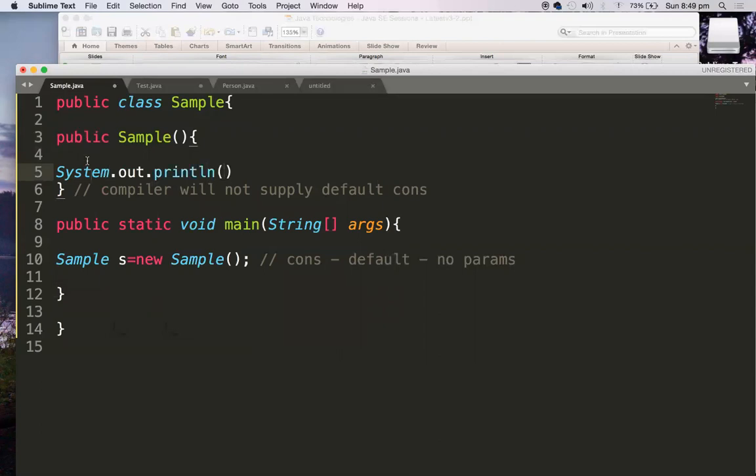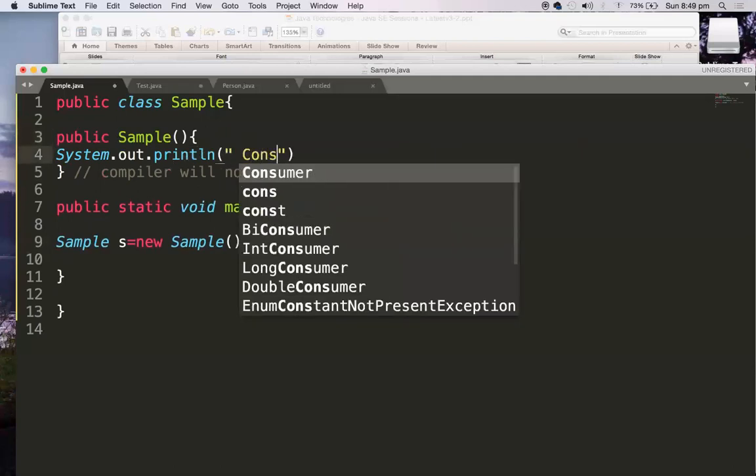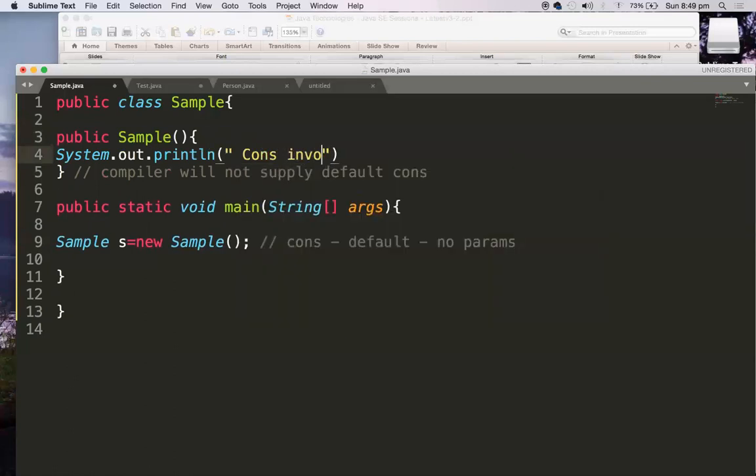Whenever my constructor is called, I just want to print one line, saying constructor invoked. Because whenever you say new Sample, this Sample constructor is going to get executed, and because I am writing a statement to be printed, this time you will have some output.